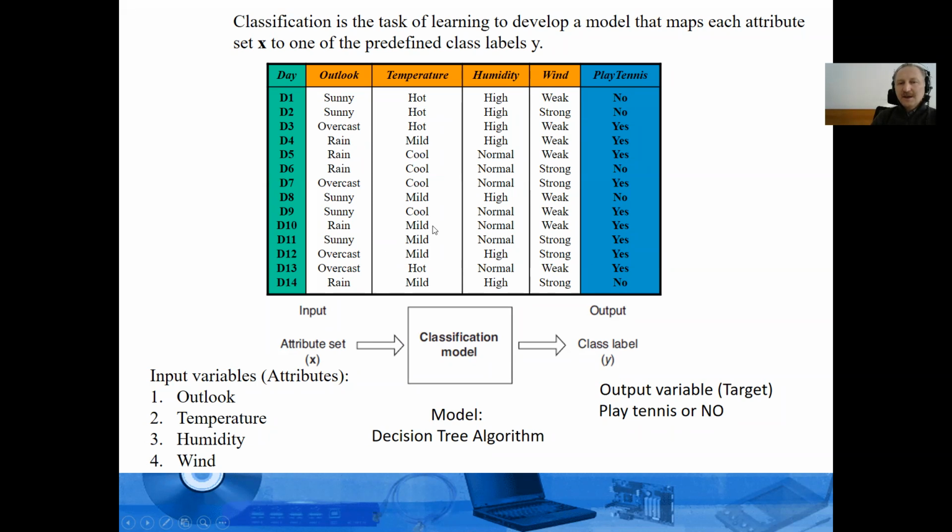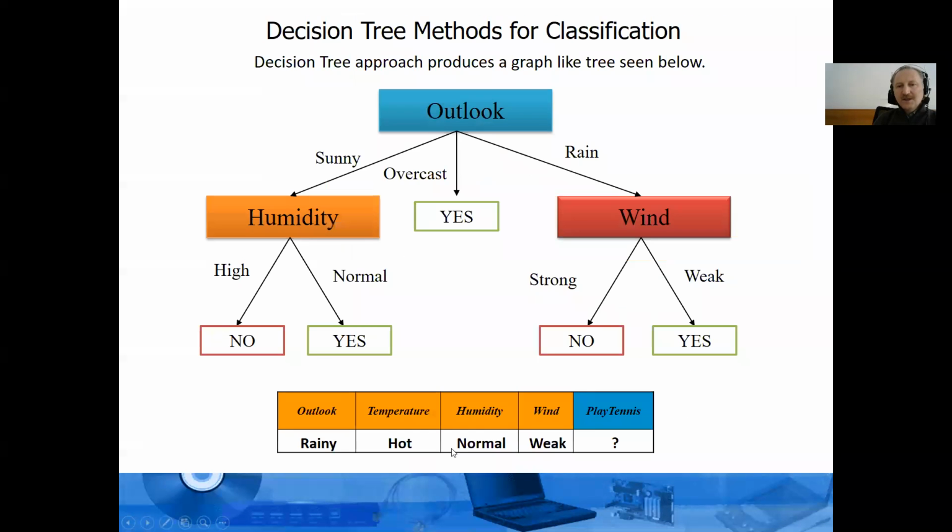You collected this data by making observations or experiments. After that, you gave this data to the decision tree algorithm. You feed it this data, and the decision tree algorithm is trained. When the model is ready, the decision tree algorithm generates this tree. Now, this is your final, ultimate model. You can use this model to make any prediction which is not